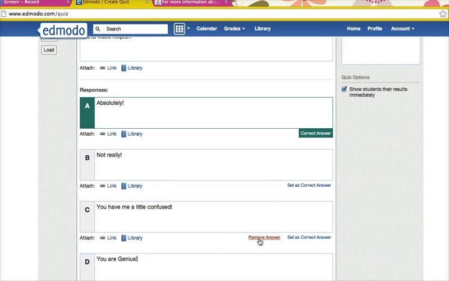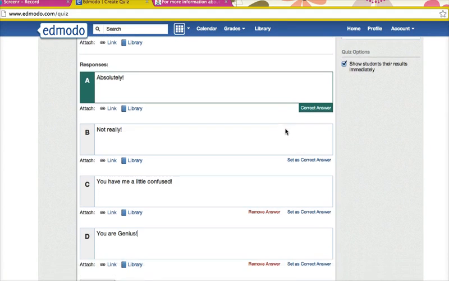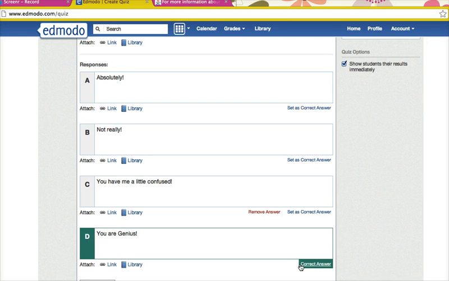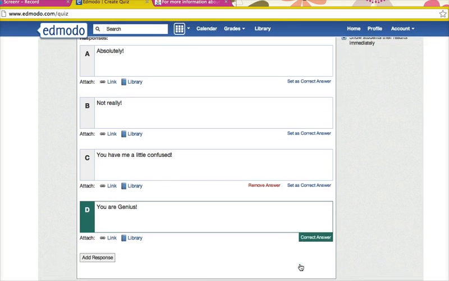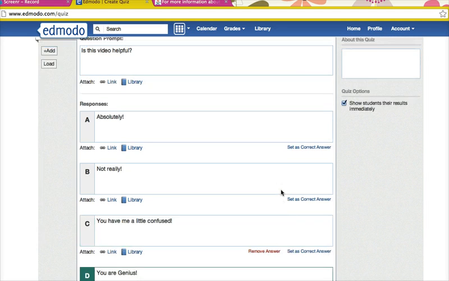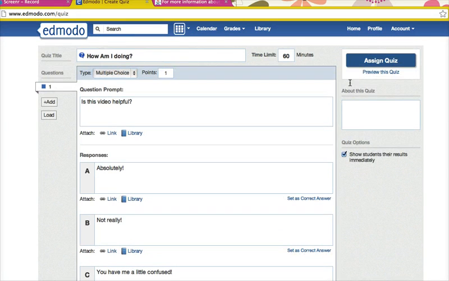Now if I wanted to remove them, if I decided I didn't want that as one of my choices, I absolutely could remove it. What you also have to remember is you have to set a correct answer. You can't find out if they answered correctly if you don't decide which is the correct answer. So absolutely is a firm second, but I'm going to say that the correct answer is you are a genius. Okay, so I'm going to do that, and now I could add more questions if I wanted,